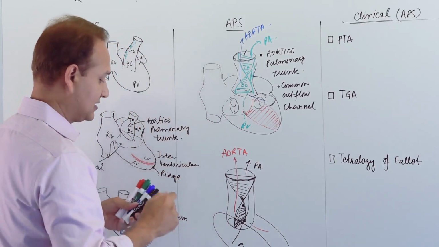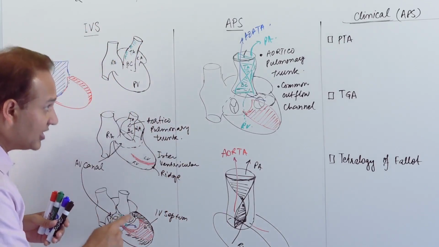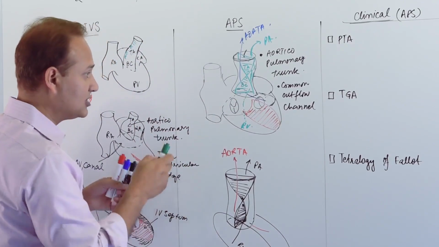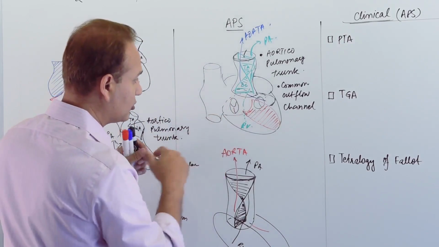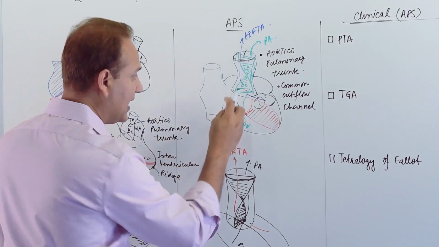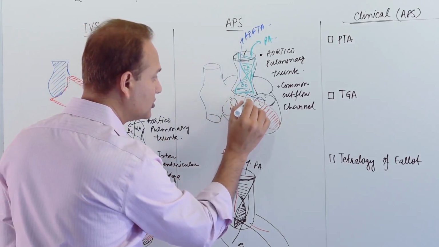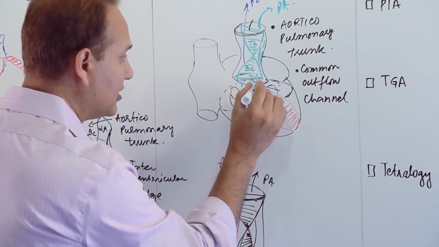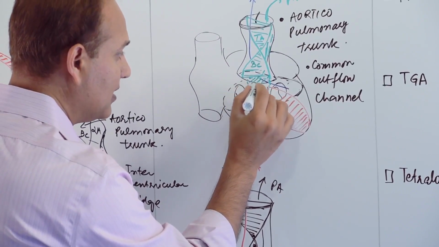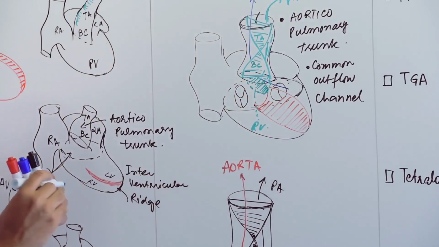The other thing is this. So I said that we'll talk about the membranous part. As this septum comes down, so keep an eye here, we are going to make the membranous part over here. As the septum comes down, it continues downward inside the ventricles and contributes to the membranous part